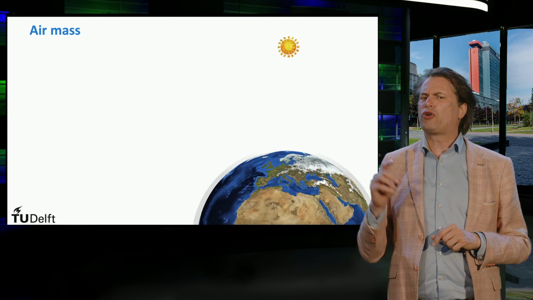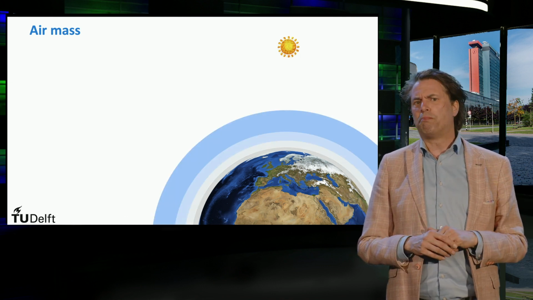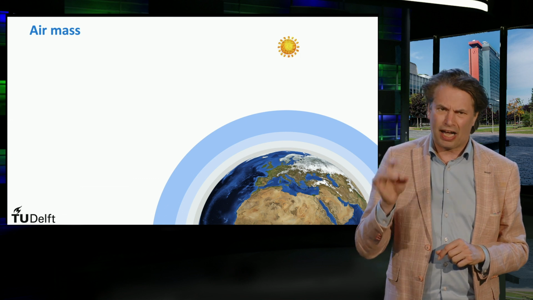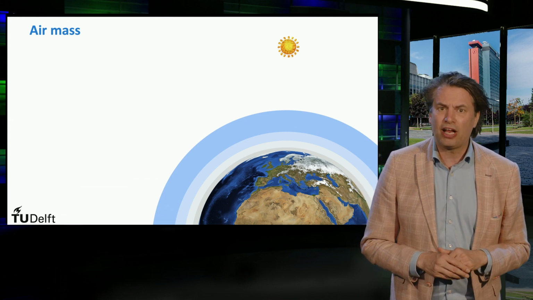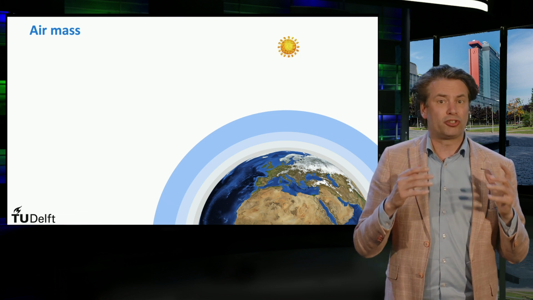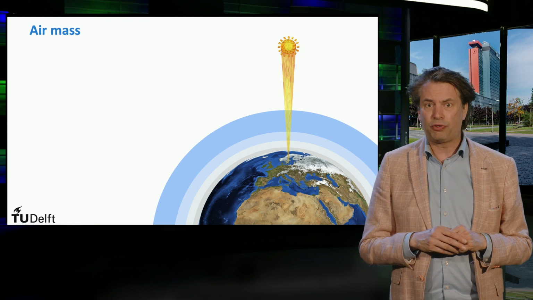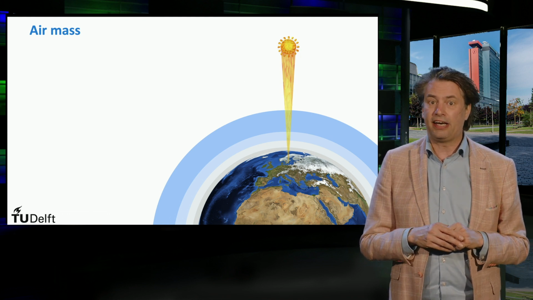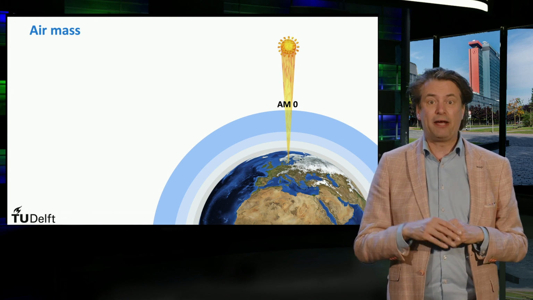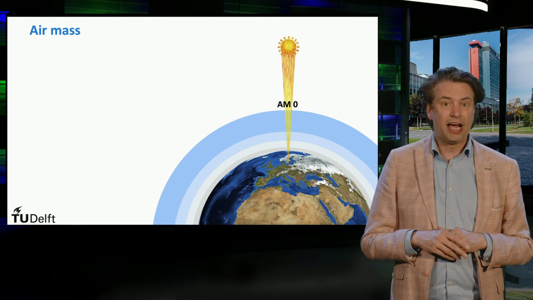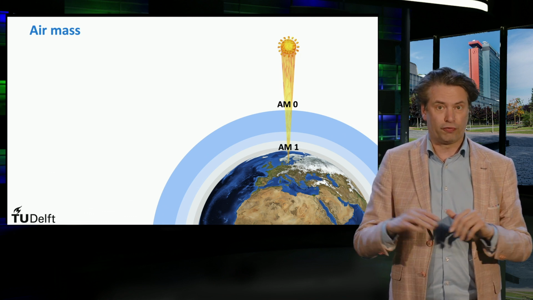Now I want to come back to the meaning of AM or air mass, which is a measure of the length of the light path through the atmosphere. The reference to calculate the air mass is when the sun is at its zenith. And here, as we already seen, we can identify two spectra. First, the AM0 obtained outside the atmosphere and the AM1 obtained on the Earth's surface.